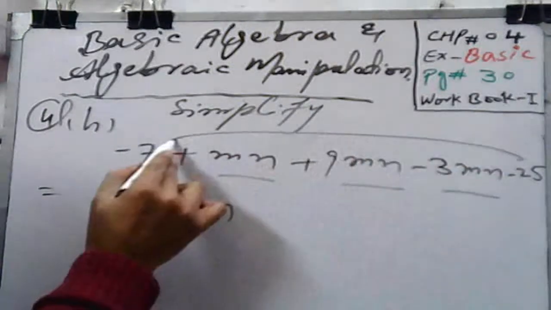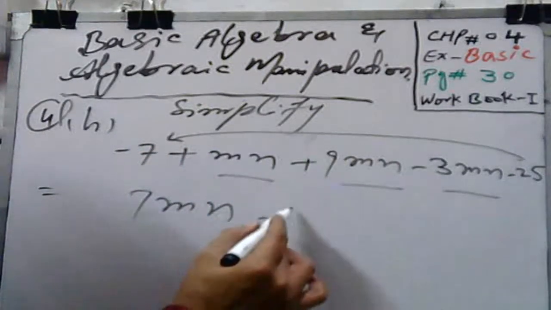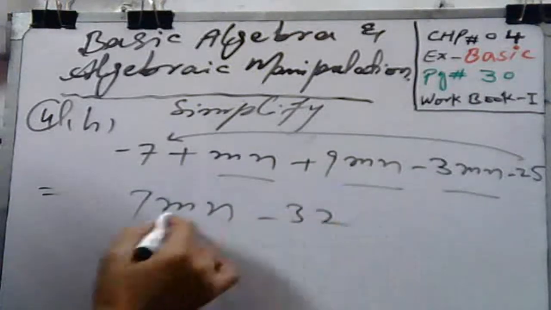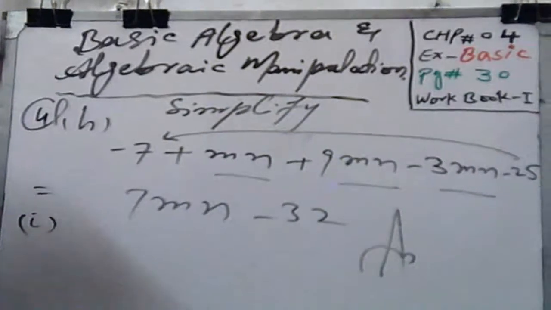10 mn minus 3, 7 mn, and the constant should be subtracted or added: 25 minus 32, cannot take anything common, that is the answer. In I part,